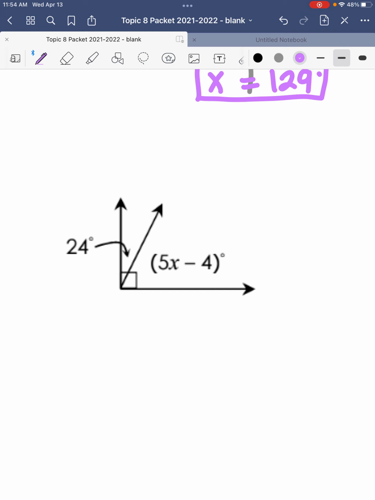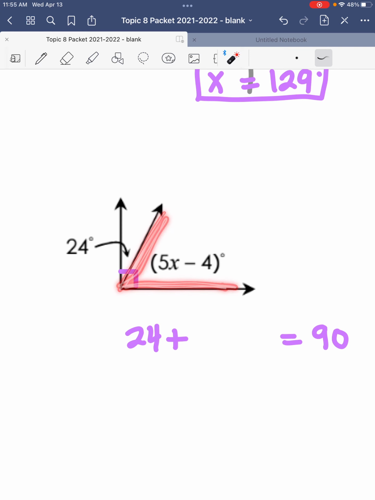Okay, moving on to number 15. These two adjacent angles are also complementary. I know that because this box tells me that together they add up to 90 degrees. So I'm going to add them and set them equal to 90 degrees. My first angle, the one I see first, is 24 degrees. So 24 plus, I see this one second, 5x minus 4